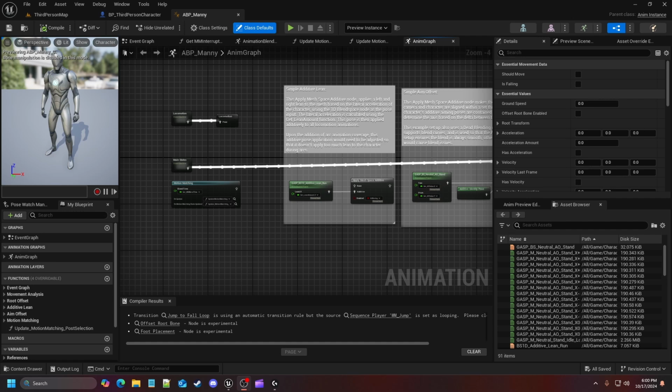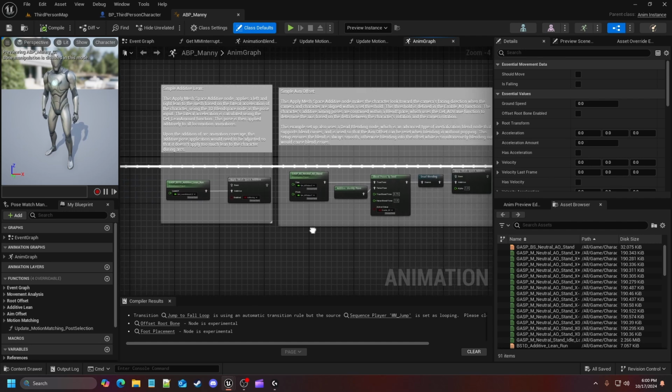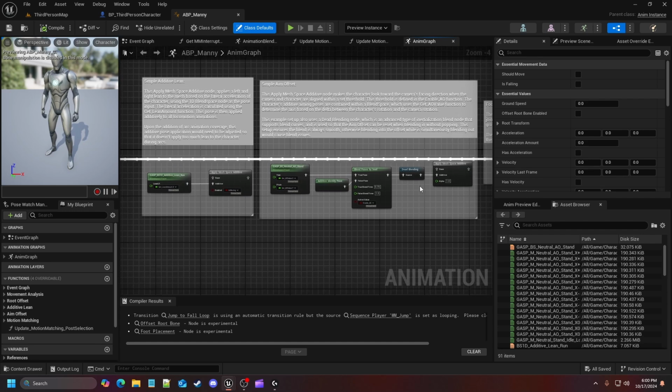In today's video, it is pretty much going to be more of an update video because I'm still working my way through the motion matching node that you see right here. However, my update is in regards to the Apply Mesh Space Additive for the lean and the Space Additive for the stand. It's funny because I've been stuck on this issue for like the good past week